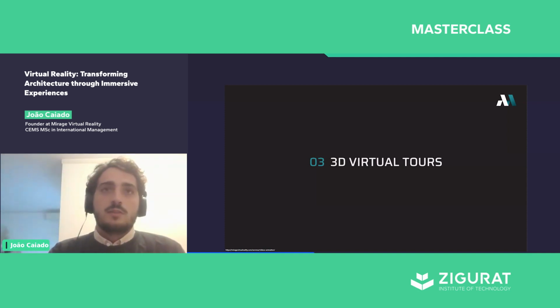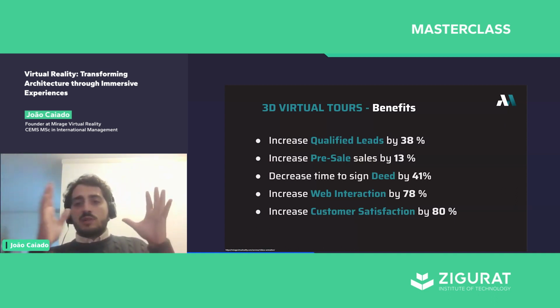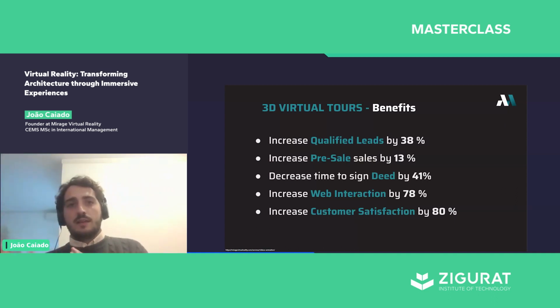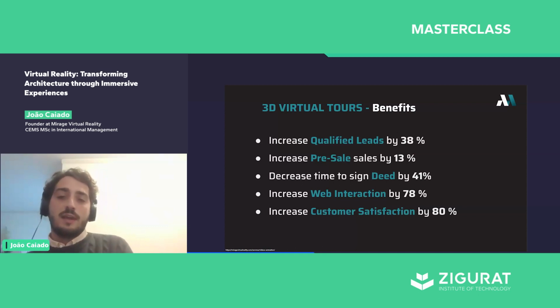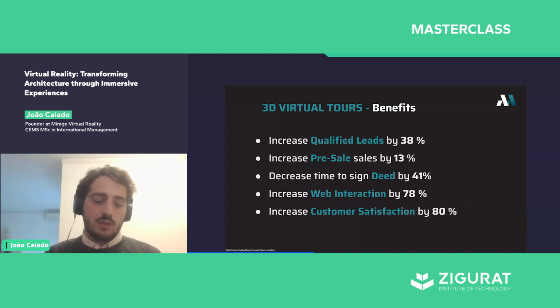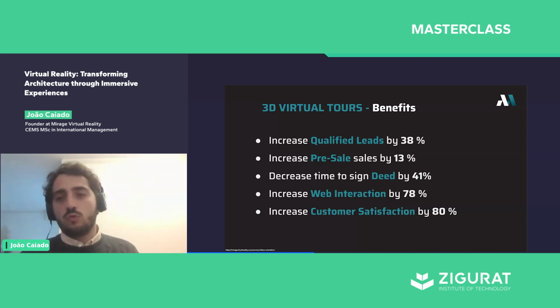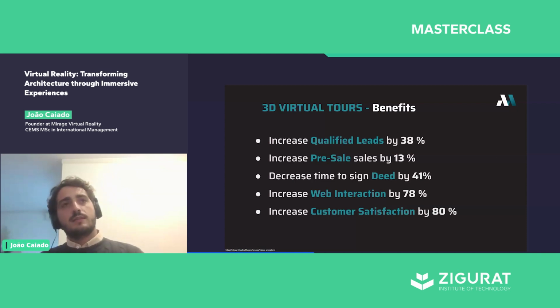Okay, so going to 3D virtual tours, what we did is that we created two websites hand in hand. Okay, and one website had just images and video, and the other website had a virtual tour. For you to understand what happened between those is how people use these two websites. So we A/B tested these two websites, the same product, one with a virtual tour and one website with just images and video. And we were able to understand that